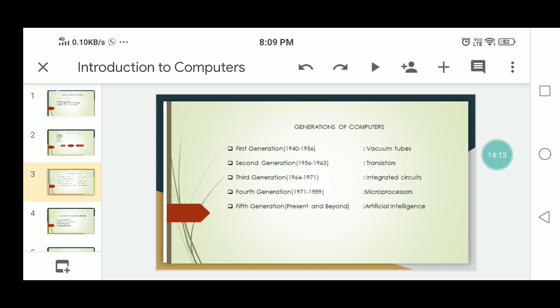These transistors were very superior to vacuum tubes. Computers manufactured using transistors were smaller, faster, cheaper. So these are more energy efficient and reliable than the first generation processors. These transistors also generate heat, so the computer could be subjected to damage, but these are better than the vacuum tubes.